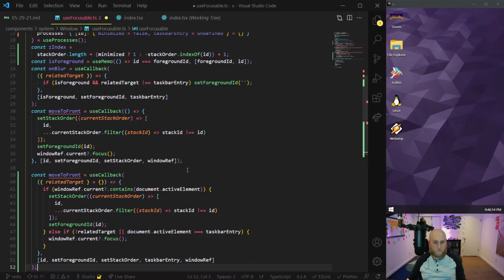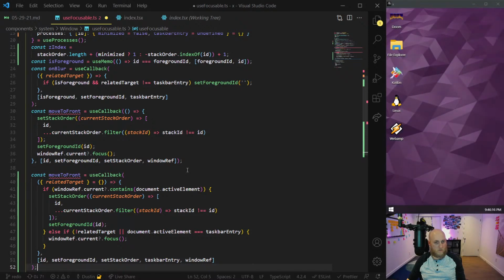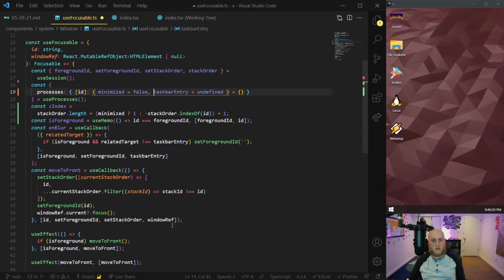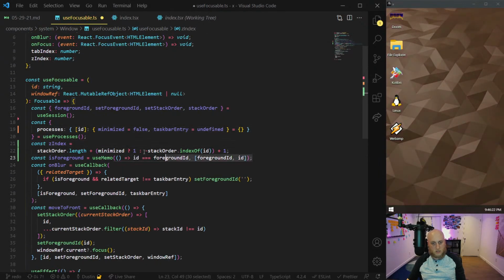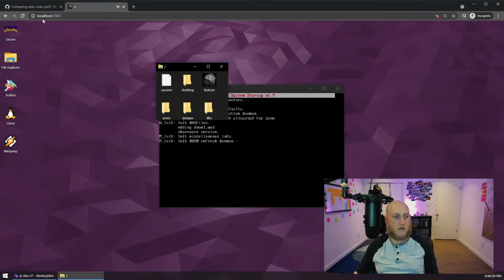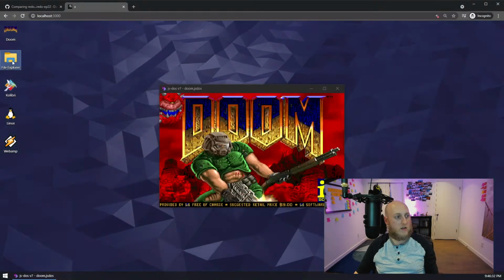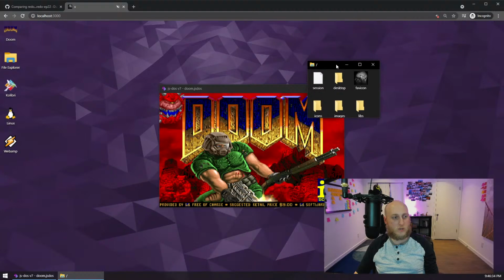Wait a minute. Why did I change move to front? I'm getting way ahead of myself, perhaps. Let's just see where this gets us, because actually this is a good chunk of what I thought would be relevant to what I just said. So let's actually see if just that alone fixed it. I have so many fixes in this commit, because of all the bugs that I fixed there, that I lose track of which fixes are which and which ones were really simple.